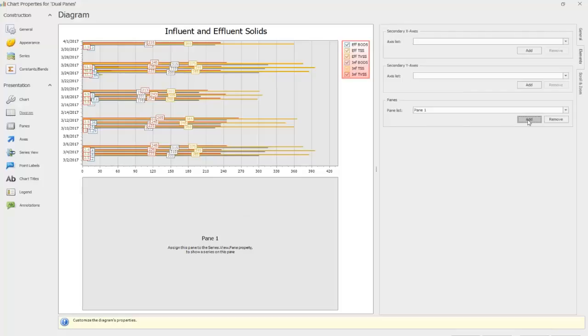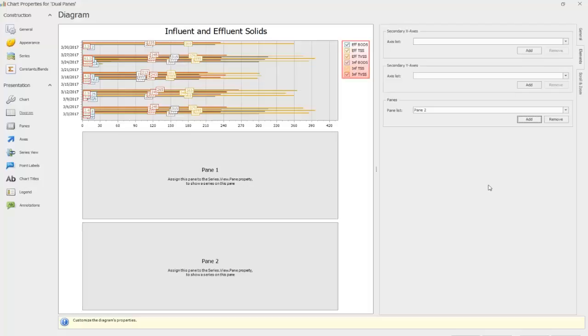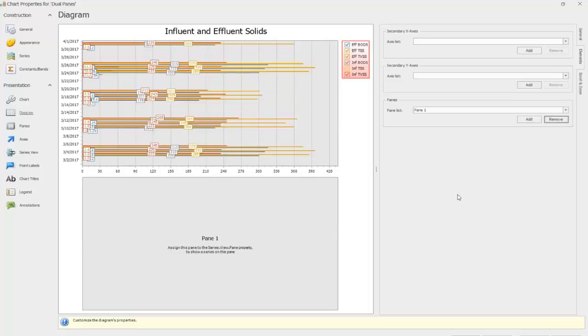So if I wanted to add several panes for one particular chart to display data in several different panels, I can do that. In this case, for comparison purposes, I'm just going to create one pane. Now, once you've created a pane inside a chart, you've then got to assign the pane to your series. So your series values that are being populated inside your chart, you need to assign those to the new pane that we just created. And it will tell you that right here in the text for the blank panel that